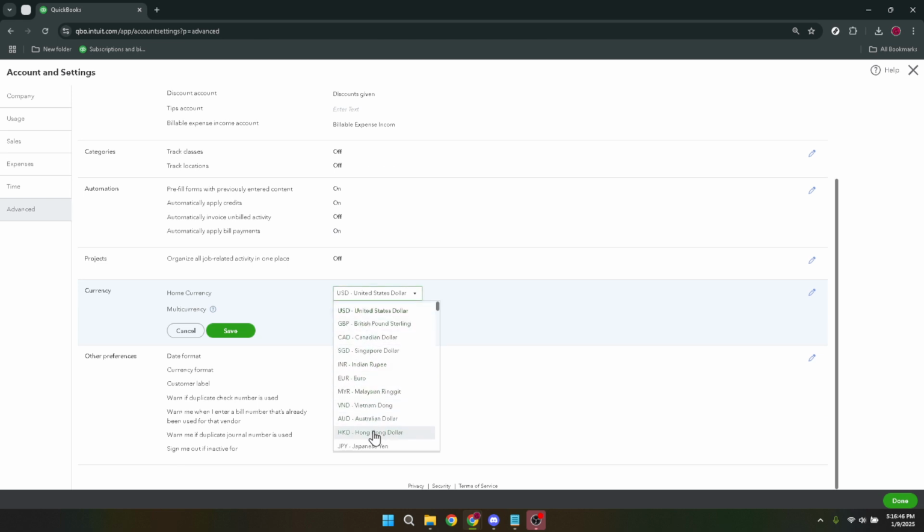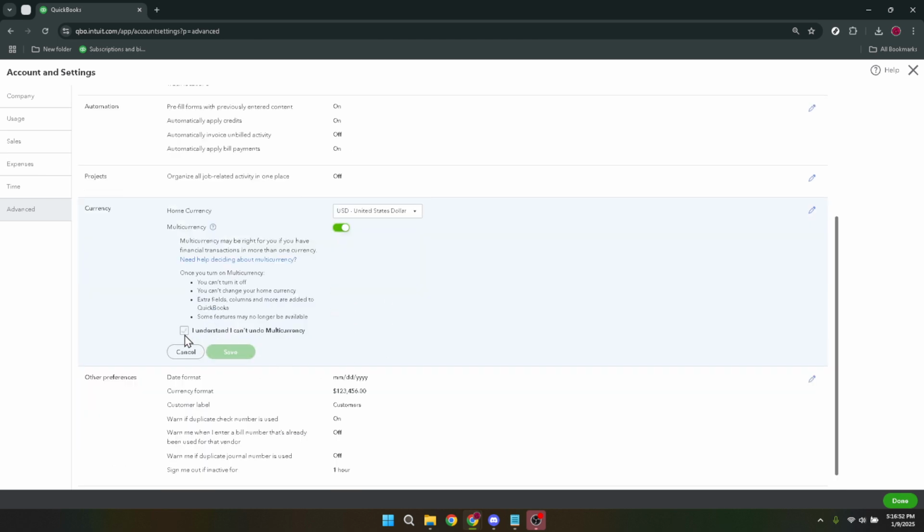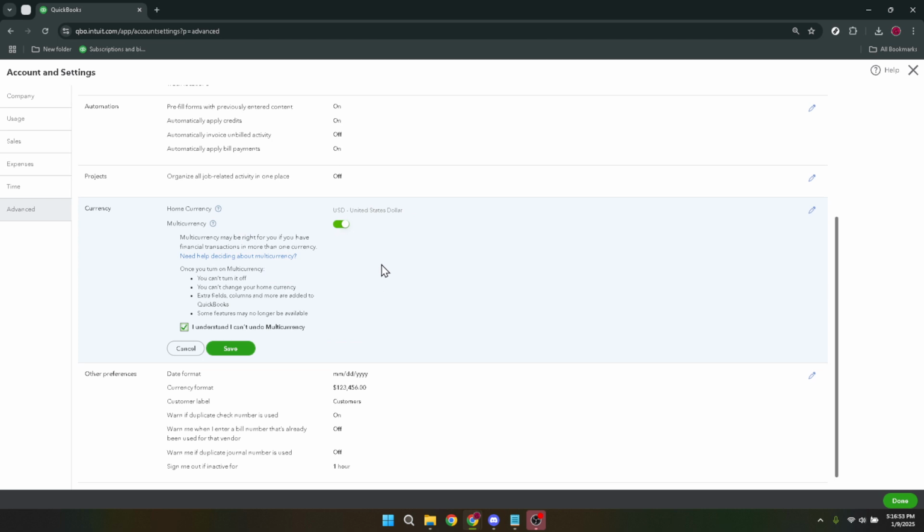It's worth mentioning that if your business deals in multiple currencies, you might want to turn on the multi-currency feature. This option is right under the same currency section. Enabling multi-currency allows your QuickBooks account to accommodate transactions in different currencies, which can be incredibly useful for businesses operating